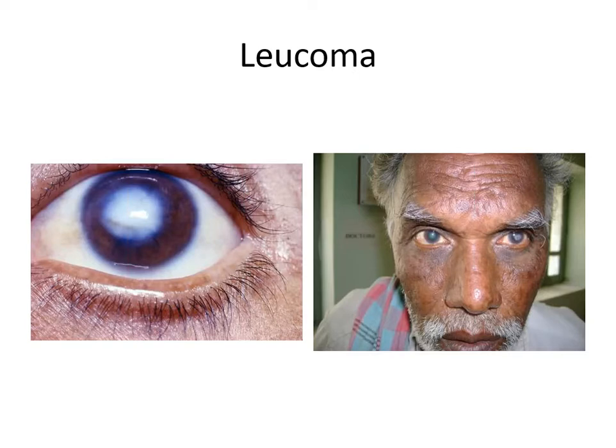Okay? And sometimes the examiner will ask why it is not an adherent leukoma. The definition of adherent leukoma is when the iris gets attached to the corneal opacity. So it is known as adherent leukoma. When the iris is not attached to the corneal opacity, and the AC is of normal depth, then it is a leukoma. When the iris comes and attaches to the posterior portion of the opacity, the AC will become uneven. At the place where it is attached, it will become shallow. At the place where it is not attached, the anterior chamber will be deep.